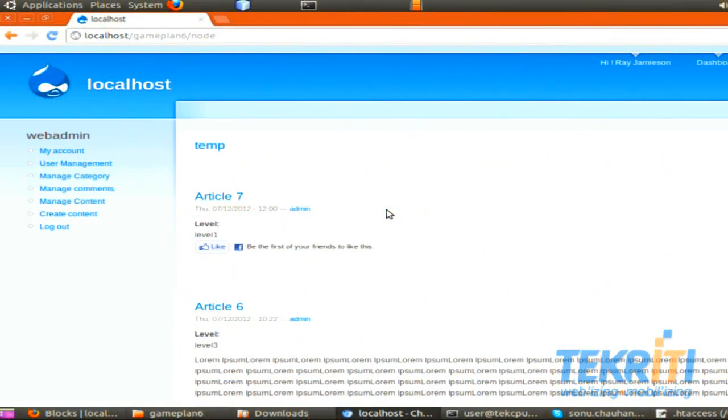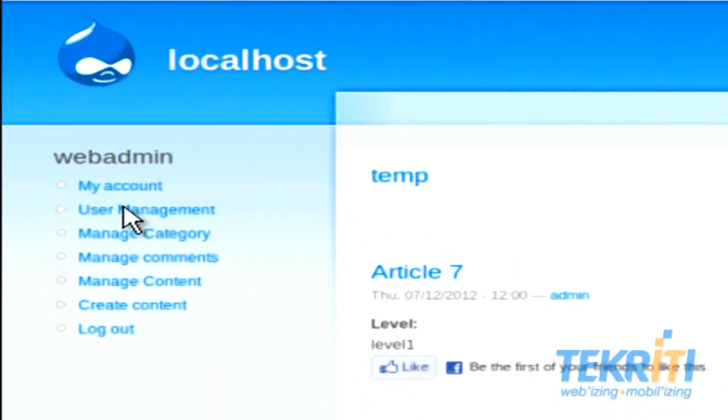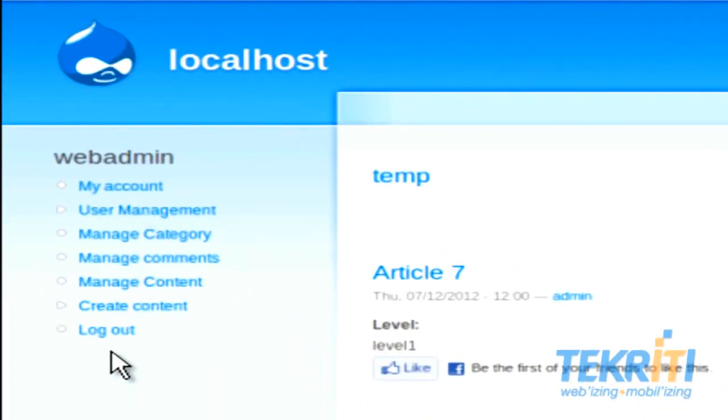I'm taking an example of a basic Drupal installation where navigation is placed at the left hand side. Every time we click on this menu to see the submenu, the page gets refreshed, which increases the load time and hits on the server. To resolve this issue, we use the Simple Menu module.